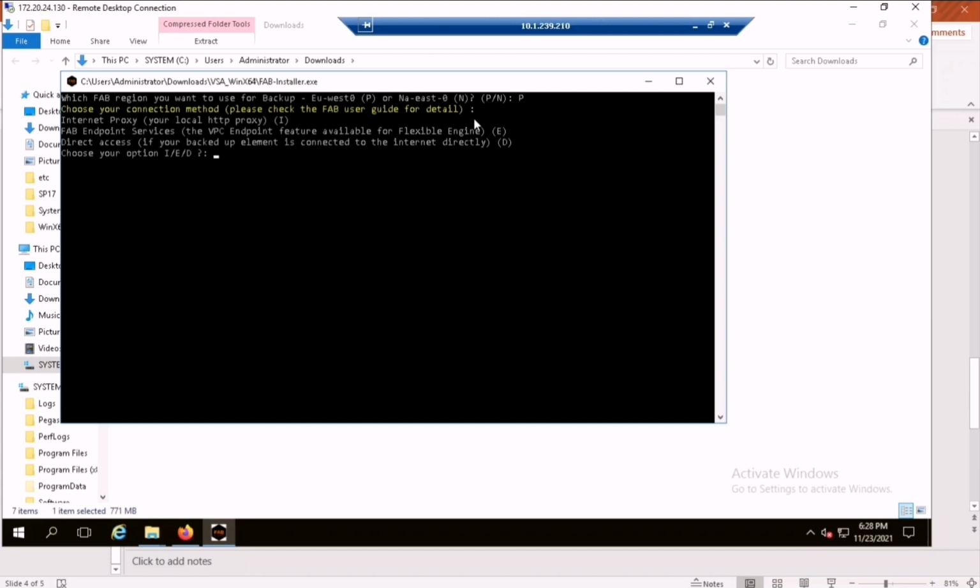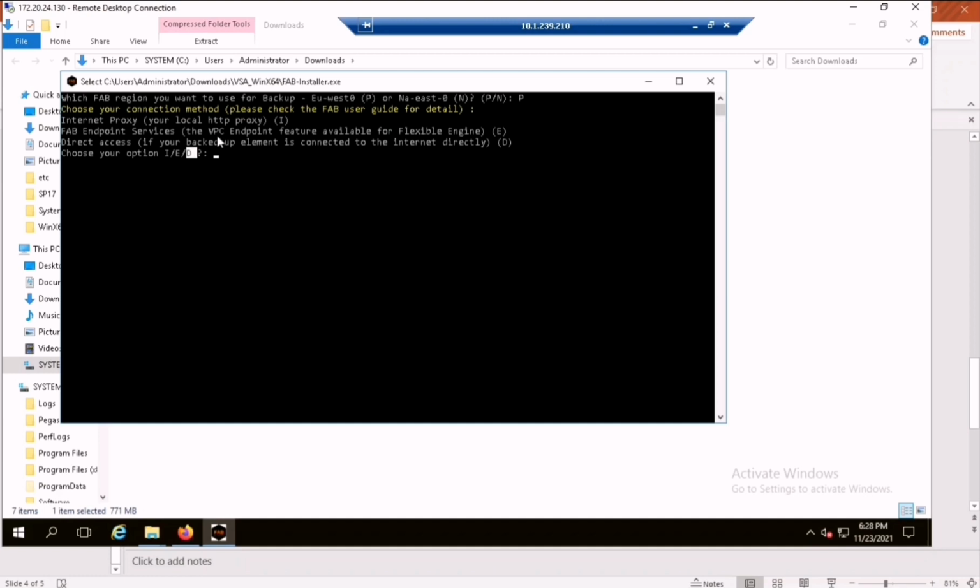Now it is asking you how you would like to connect to the fab platform. There are three different options. If you have a public IP configured with this VM where you are installing the VSA agent, you can simply type D as a direct.